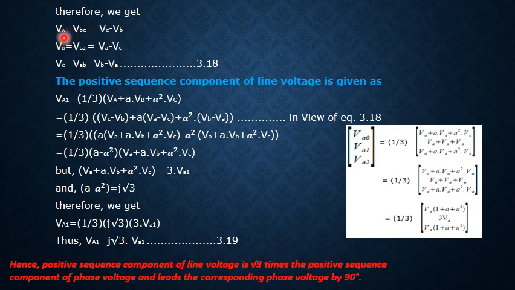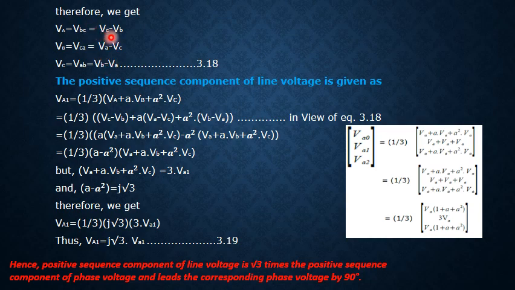After that, the line voltage VA is equal to VBC, and the line voltage VBC in terms of phase voltage was equal to Vc minus Vb. The line voltage VB is nothing but the line voltage VCA, which we represented in terms of phase voltage as Va minus Vc. So respectively we represented the line voltages in terms of phase voltages.